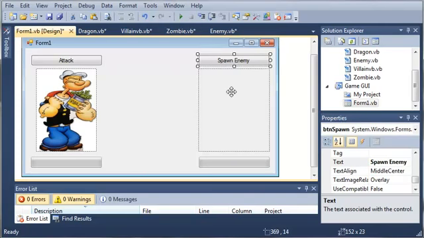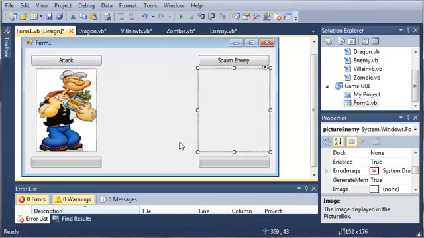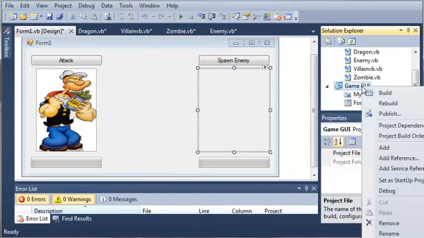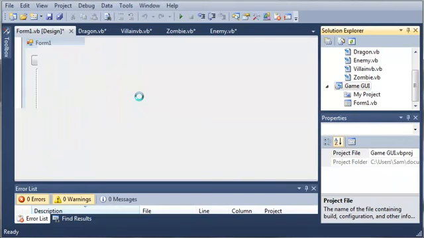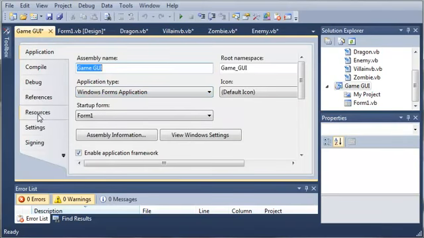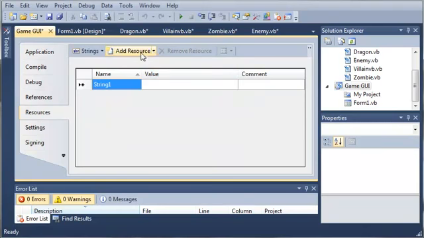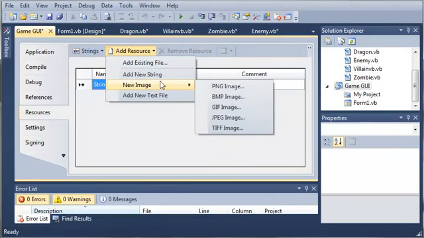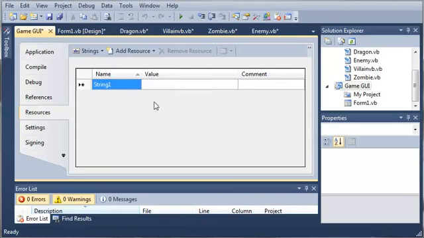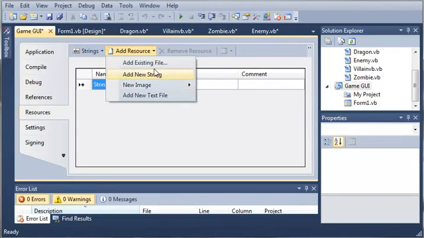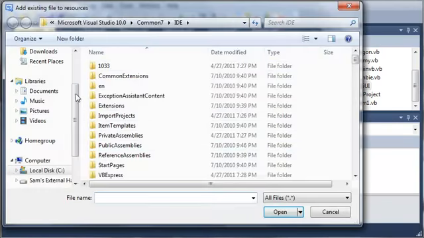So whenever we spawn the enemy, what it's going to do is generate a random number and then pick from a series of pictures to put in here. So what we need to do is come over here to Game GUI, and we'll go ahead and open up the properties of it, and we can come over here to resources and we can add some resources. So let's add an image. So we will add, let's say, a JPEG. Oh no, wait. Let's add an existing file. Sorry about that. So we'll come over here to the